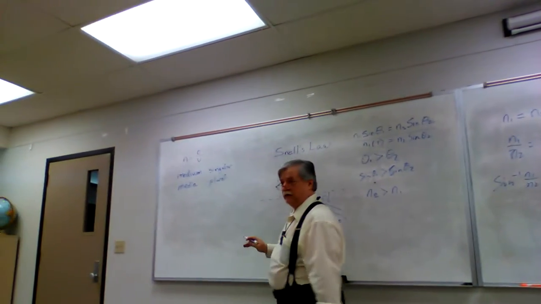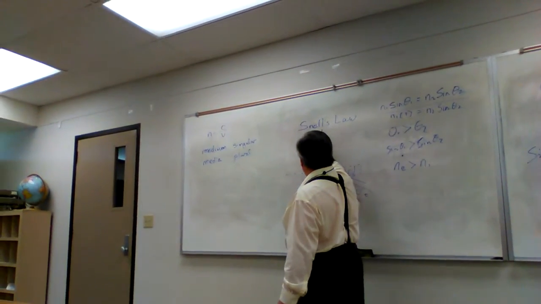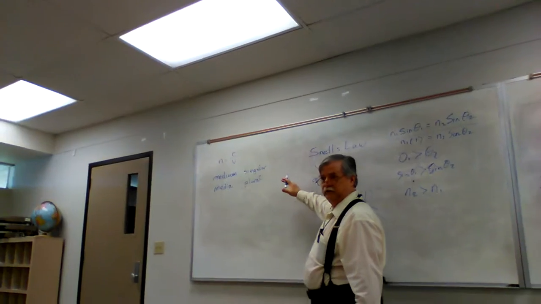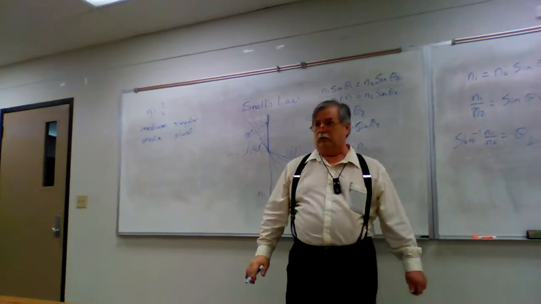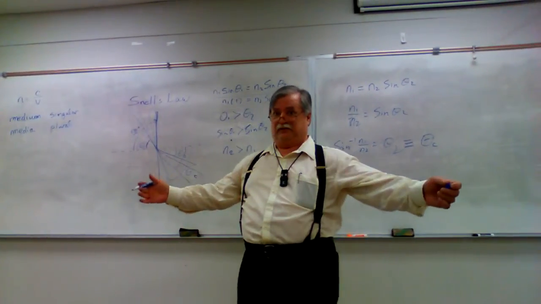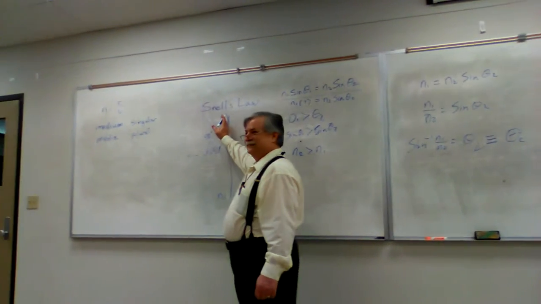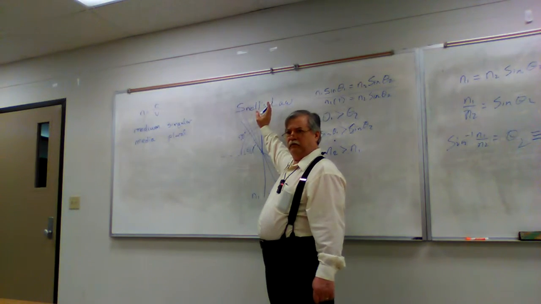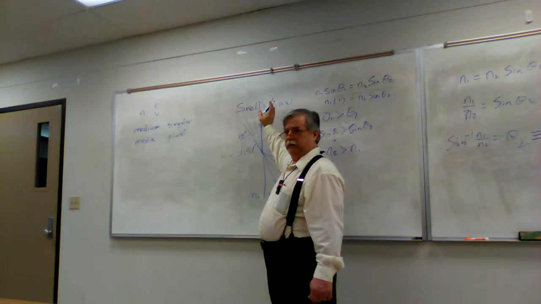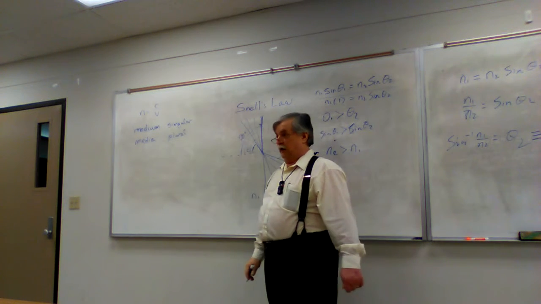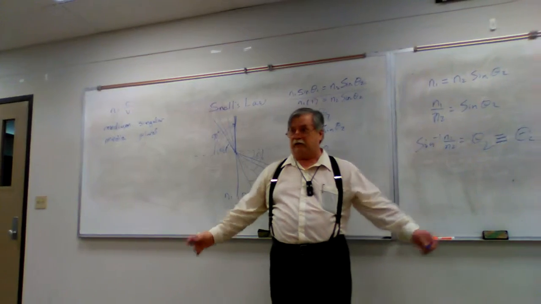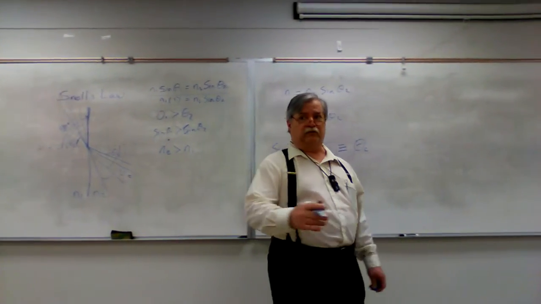One of two things would have to happen. Either the light would have to start refracting less, which it can't do because physics, you know. Or the sine of theta would have to become greater than 1, which can't happen because mathematics, which describes